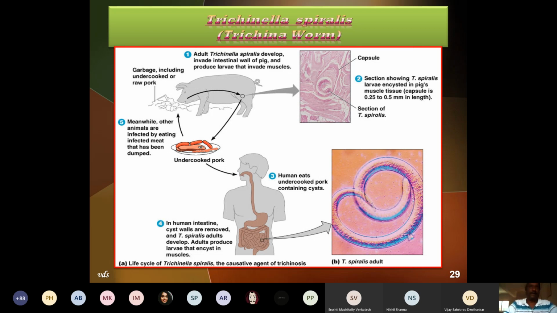So, wherever it reaches, even if it reaches the heart muscles, here they are either destroyed or this larval form may give rise to degenerative changes in the heart muscles. Even if it goes to the brain, it may lead to epileptic attack, it may lead to meningitis, it may lead to encephalitis. In the heart, it may lead to myocarditis.